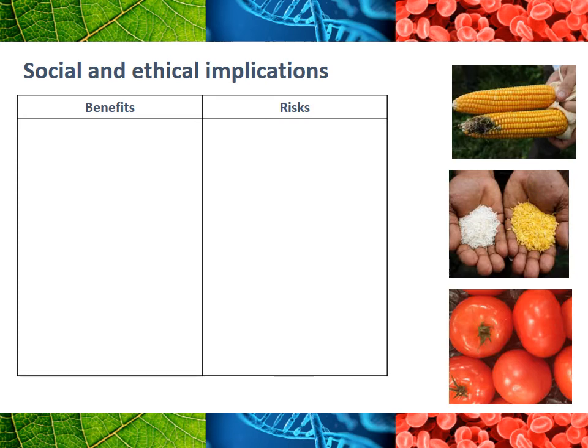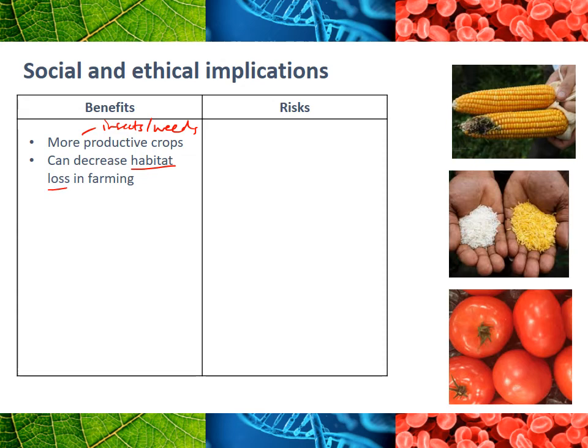Okay, we'll go through the social and ethical implications of genetic modification, and then I want you to watch a video on it. So some of the benefits, it can make more productive crops because crops aren't being killed by insects or weeds, so the crops are more likely to survive. It can decrease habitat loss. So it can actually be good for the environment in a few ways. Firstly, if it's more productive, we need less land, so you don't have to cater for farming not working. Also, if